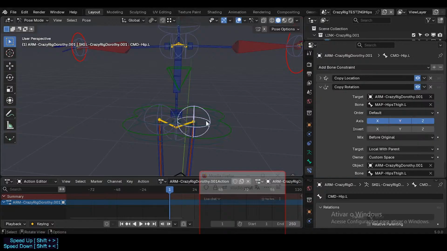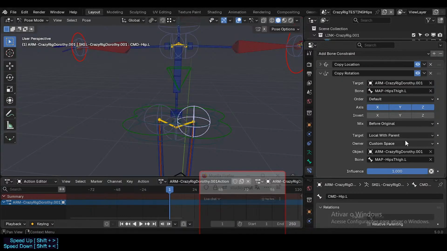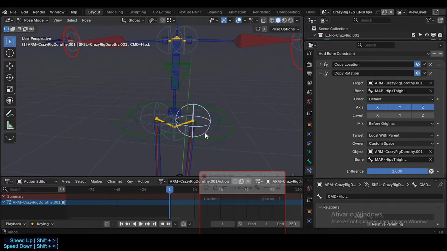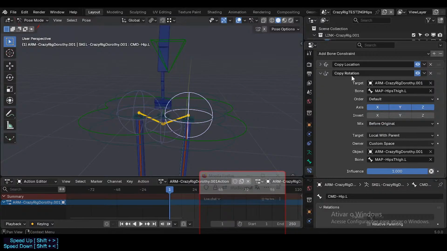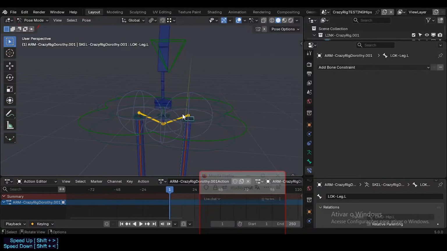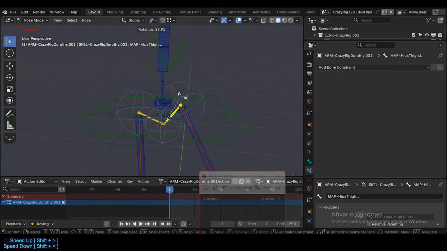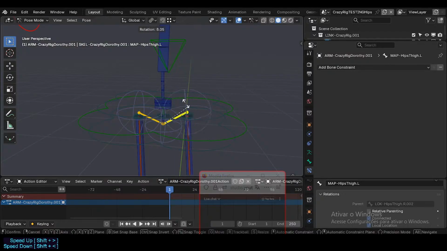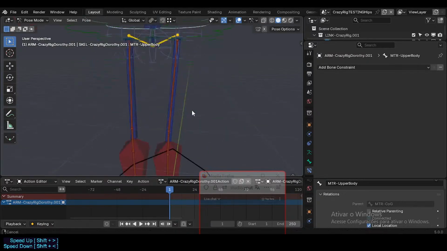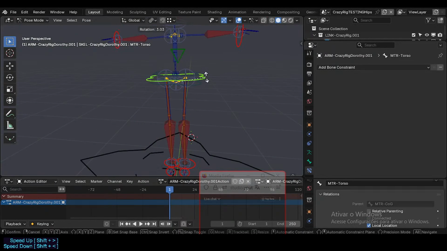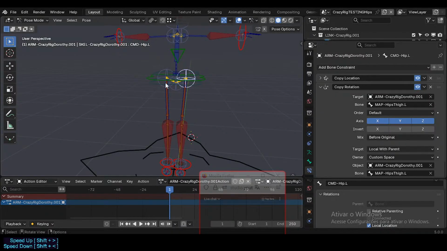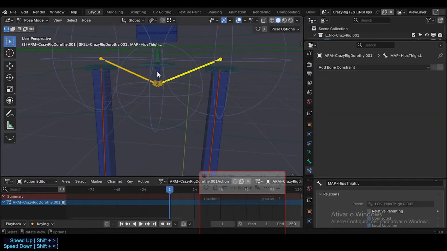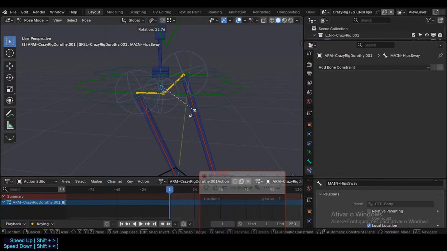I guess. I'm not totally sure now, but local with parent, and we are mimicking for the rotation the rotation of this bone. This is why it follows up, even though there is no parenting relation here at all. And so this will allow us to have the manipulations. So for example, hip sway thing,